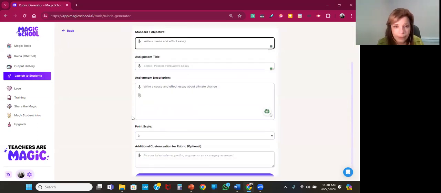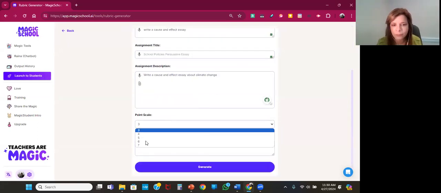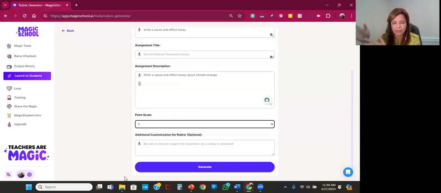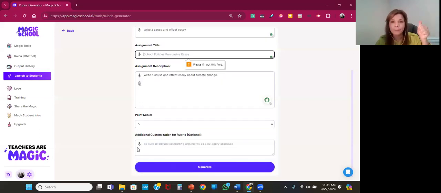Okay, and points in the scale. Well, I want like 5. Okay, like 5 points in the scale, the different things. And if you want, this is optional, additional customization for the rubric, you might do it, but for me, this is enough. Okay, so I click generate, and